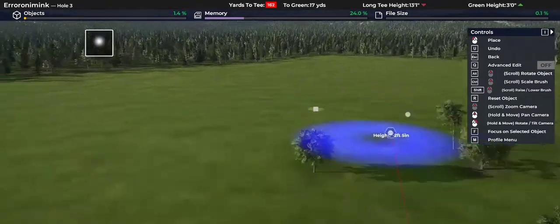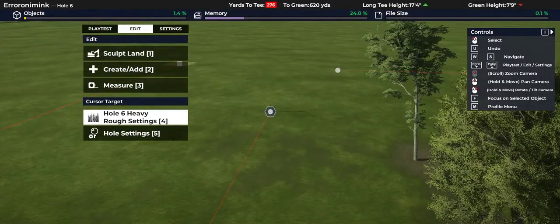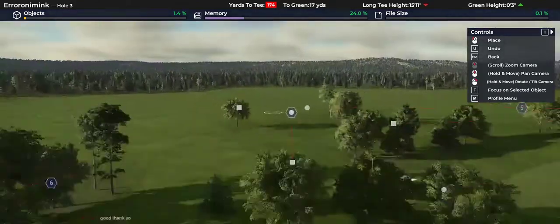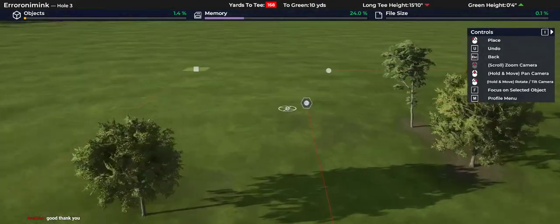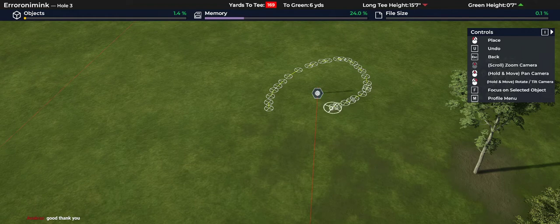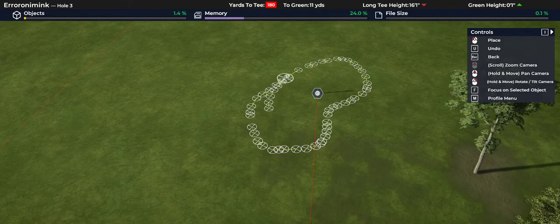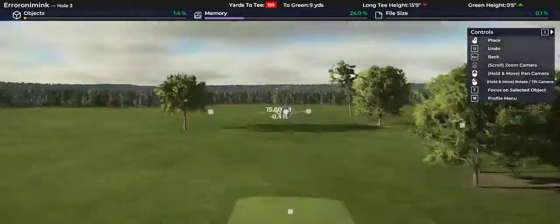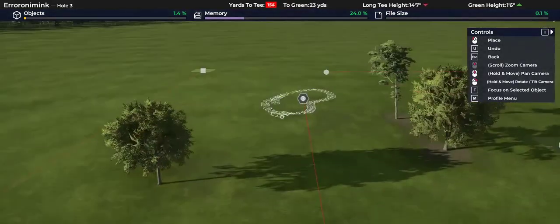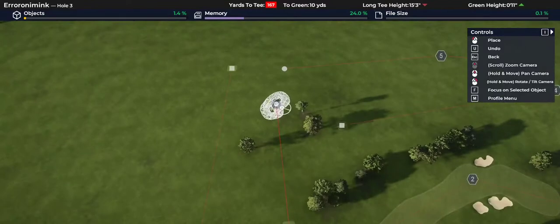Alright, so how do I want to do this one? Let me take a look. Alright. I'm debating if I want an apron here or not. I know I want a little bit of a kind of horseshoe-ish green over a pair of bunkers. I can't remember the hole, but I knew I wanted this to be a volcano hole, and I was looking up, I know Ross has made a couple volcano holes, and